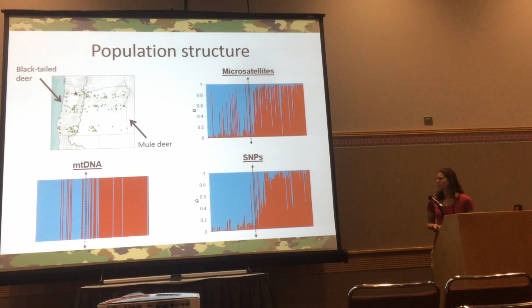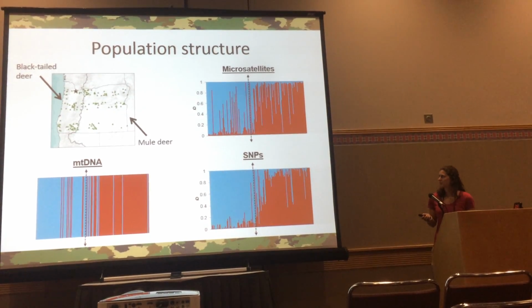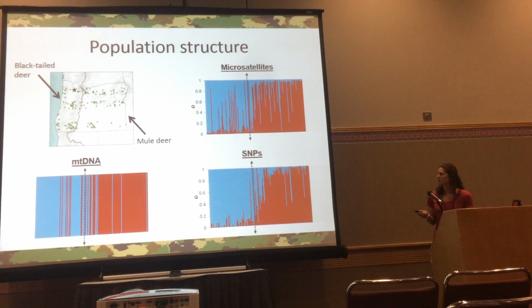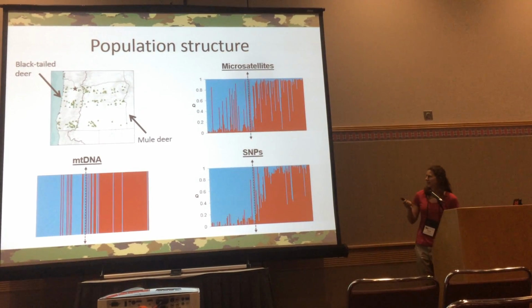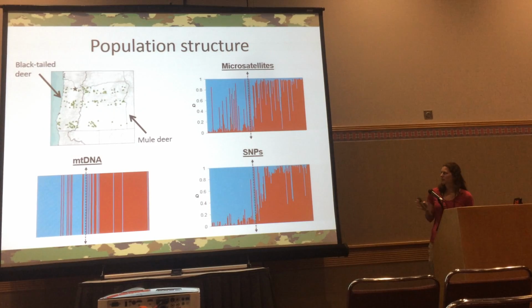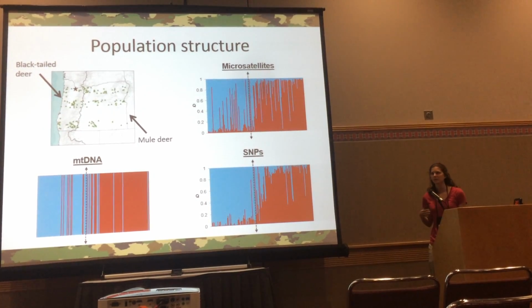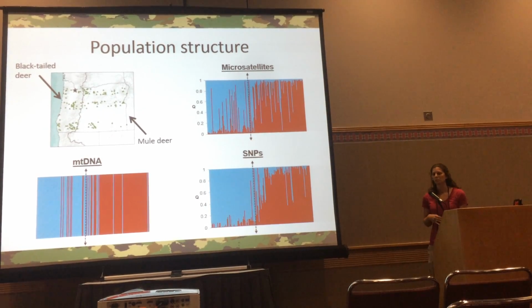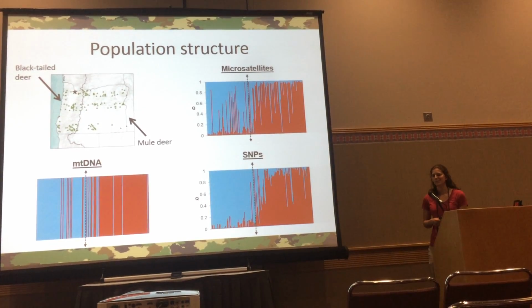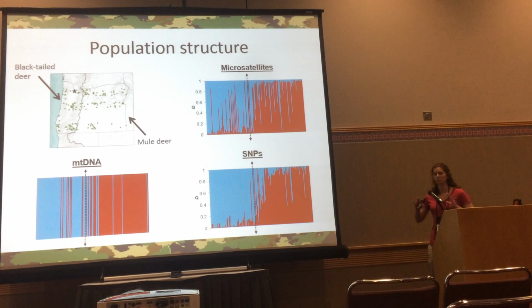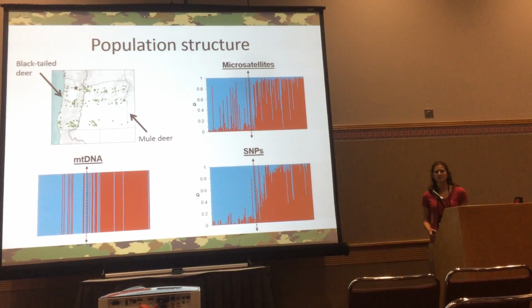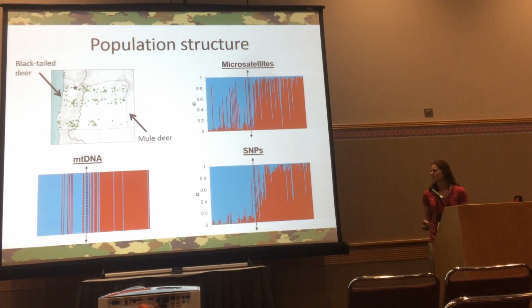So here we have our sampling efforts. A lot of these samples were actually taken really close to Portland, which is indicated by that star. And as you can kind of see, we did our sampling in 3 main transects because we thought that there might be some longitudinal differences, but we did not see any significant differences in our data set, so we just pooled all the samples. And we found that indeed, there are 2 main genetic clusters, blacktails and mule deer.